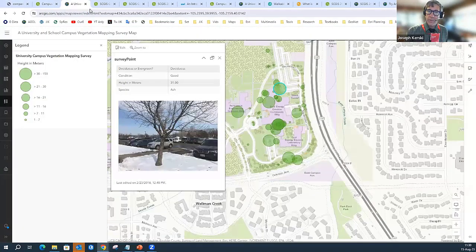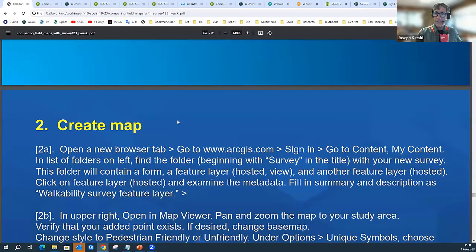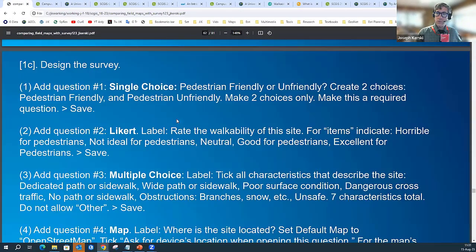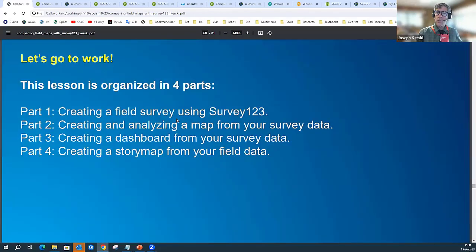So for example, remember my survey for the tree species? Remember I poured it into, as you can see here, a web map. I configured the pop-ups a little bit, but I basically made a web map in ArcGIS Online from the survey. So if you get done with the survey design and you want to create a map from it, feel free to do that too. Okay, so we are, again, in the sort of slides 60 through 65 zone in that